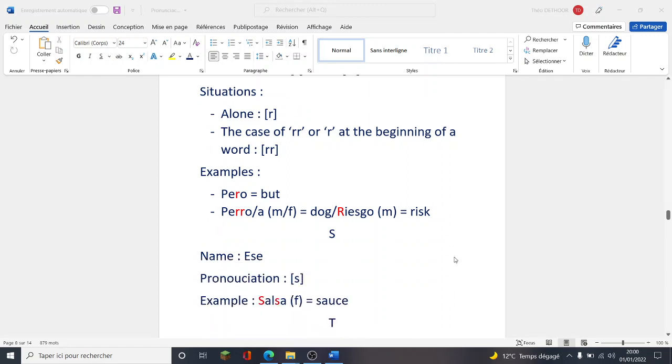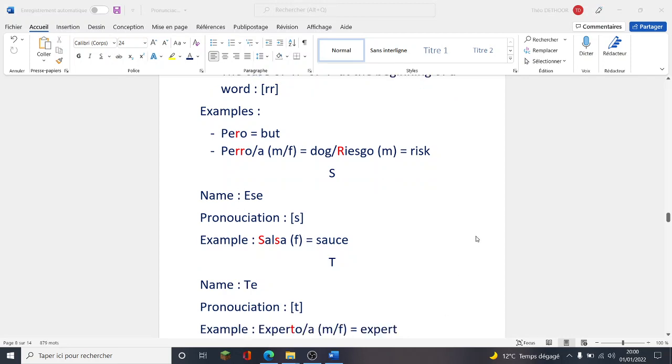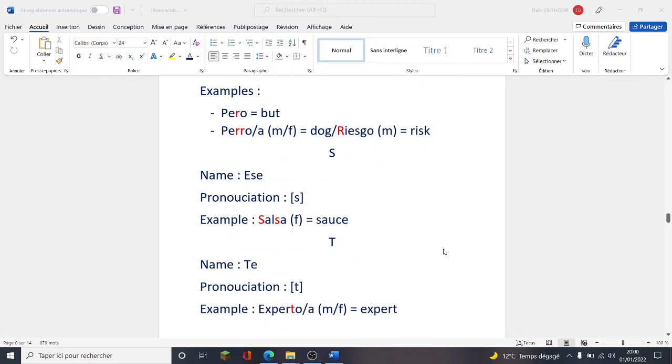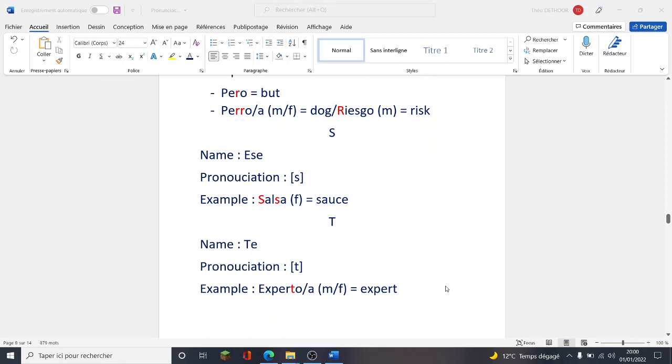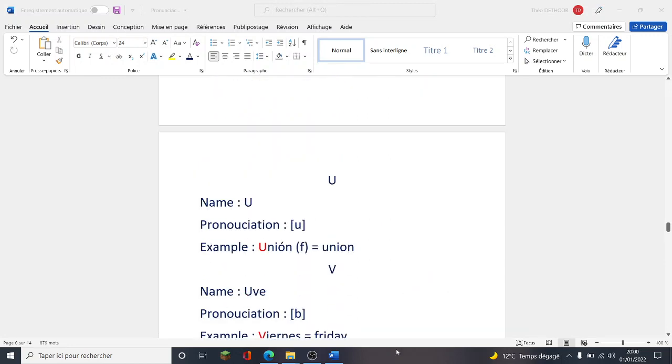The letter S in Spanish is called la S, and its pronunciation is S, like in the word salsa, which is feminine and means sauce. The letter T in Spanish is called la T, and it's pronounced T, like in the word experto or experta, which is masculine or feminine and means expert. The letter U in Spanish is called la U, and it's pronounced U, like in the word unión, which is